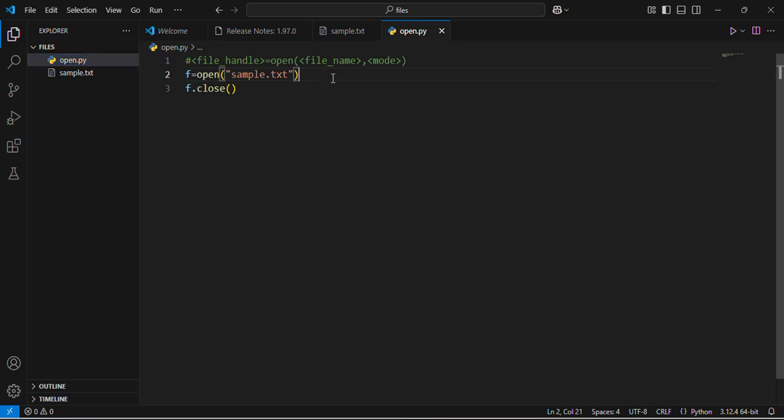We have just opened the file, but can we get into the depth of this open function? Okay, I will explain. Now the open function, what is it doing? The open function is linking the file name with the file handle. You can see the file name is sample.txt over here. It just links sample.txt with our file handle f so that we can perform further operations with our file. There are three basic read functions